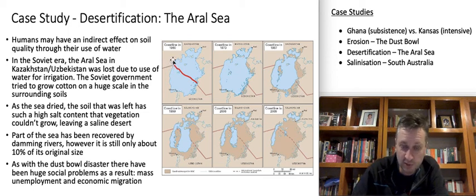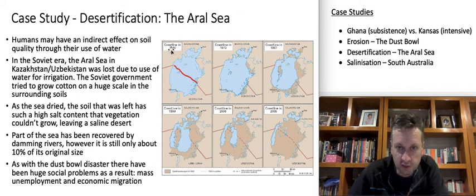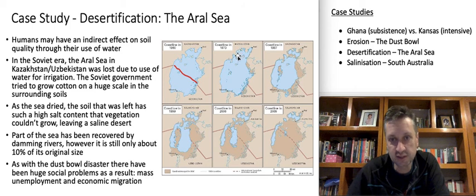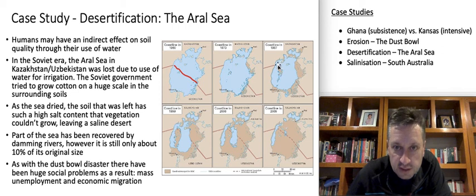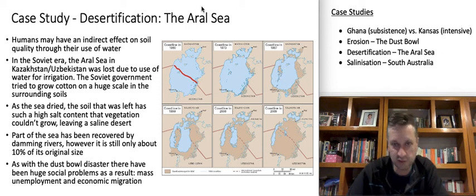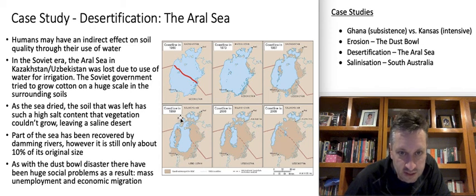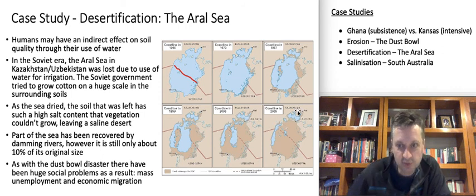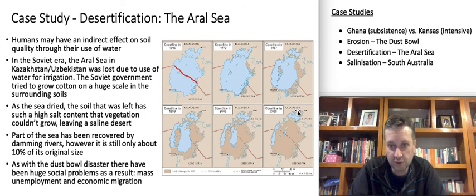And you can see on this map what's happened over the last 40, 50 years. I know you probably can't see the captions. This is the size of the lake in 1960. The second one is 1973. By the early 1970s, there were some signs that the lake was starting to shrink, and I'll tell you why in a minute. This is the mid-80s, 1987. Obvious effects start to be islands forming in the middle of the lake as the water level drops. Then this is 1989, 2008, 2009. By the mid-2000s, there was very little of the